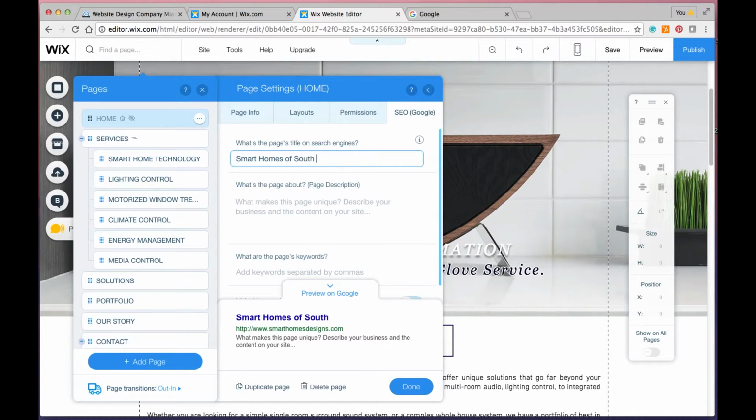All right, so we have that in there. The next thing we want to do is we want to put in the key phrase that describes this page, that describes this site. What is it about? Now, what would be, let's say, the #1 search phrase for their particular product? Well, that #1 search phrase is going to be smart home systems. So let's put that in there. Smart home